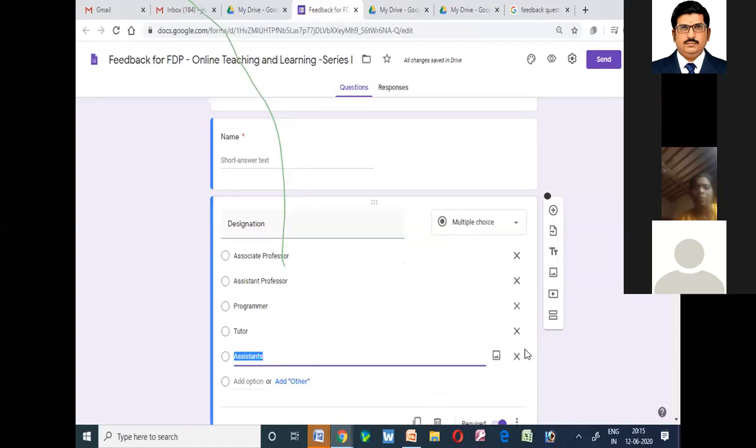So you can click over the icon to delete that particular option. It is an answer option; if you want, you can delete it. You do not delete the question. Suppose you want to delete the question, previously we have seen a delete icon that we have to use. This is for deleting the option in the multiple choice question.